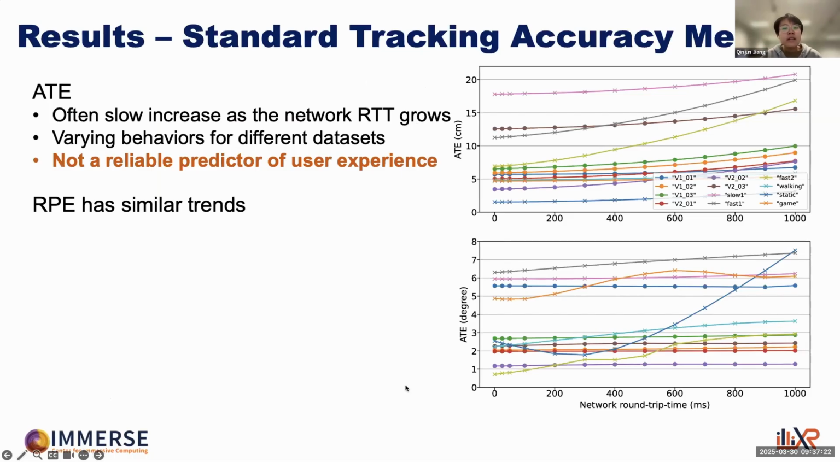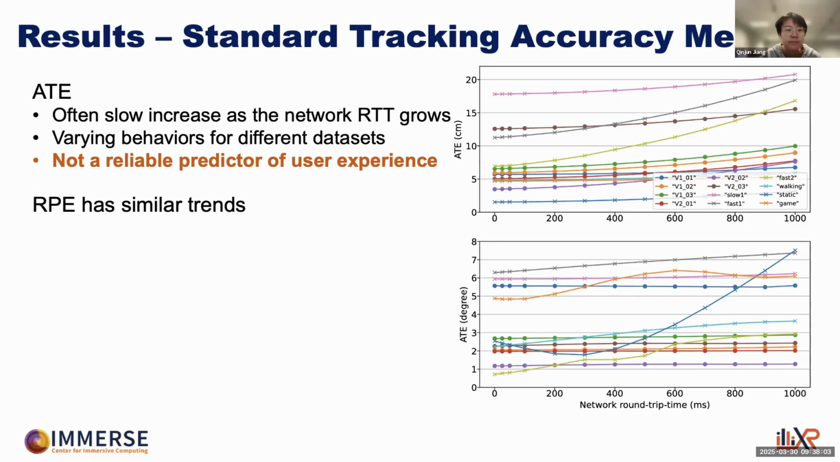Unfortunately, the standard tracking accuracy metrics do not capture the trend that we observed in the user study results. In the right figure, we reported the ATE errors for 12 datasets when network round trip time goes from 0 to 1 second. As we can see, the error increases mostly slowly as the network latency goes up. Meanwhile, the range of ATE and the change of ATE with latency both vary for different datasets. While RPE also has a similar trend as ATE, we can conclude that these standard metrics are not a reliable predictor